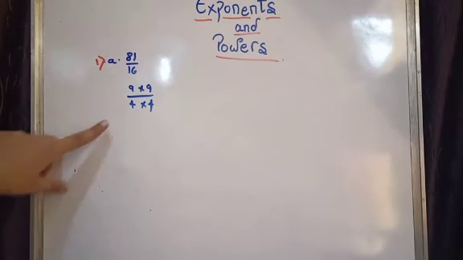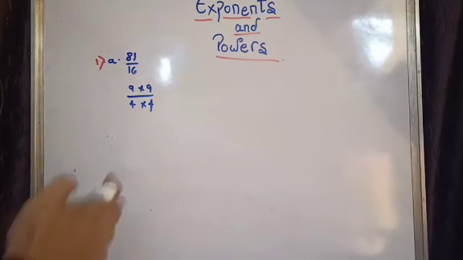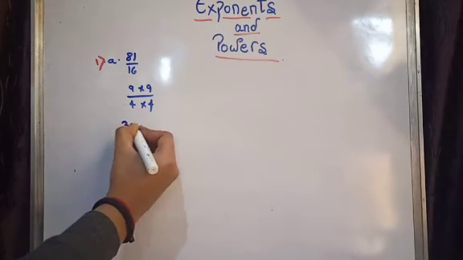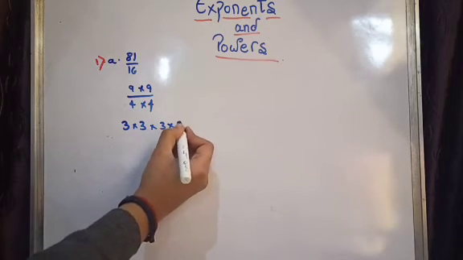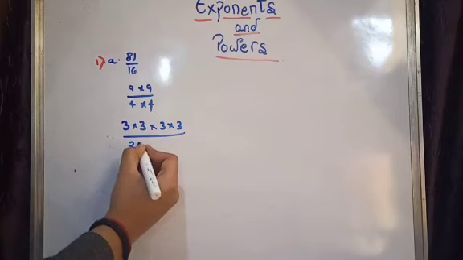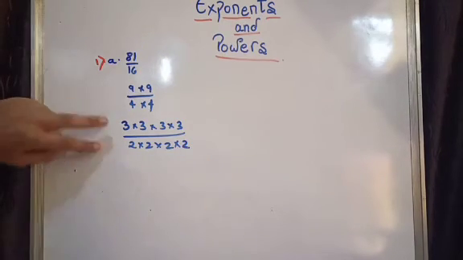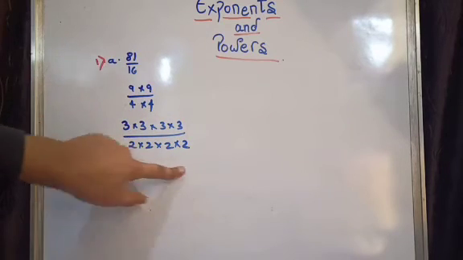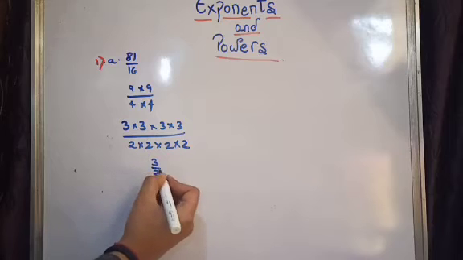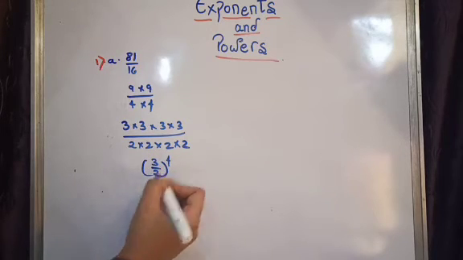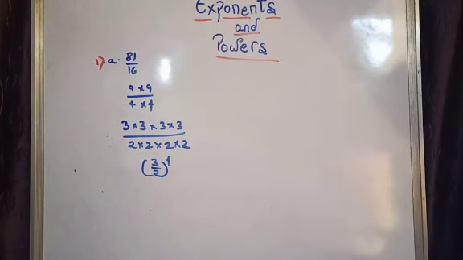Now see one more thing. 9 is also a square and 4 is also a square, so I will distribute these also. 9 is 3 multiplied by 3, and 4 is 2 multiplied by 2. So 2 multiplied by 2 multiplied by 2 multiplied by 2. Now see, they are all 4 times, so I will take the common power and write 3 over 2 to the power of 4. This one question is done. A1 question is done.